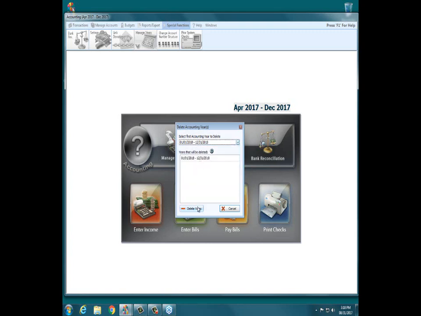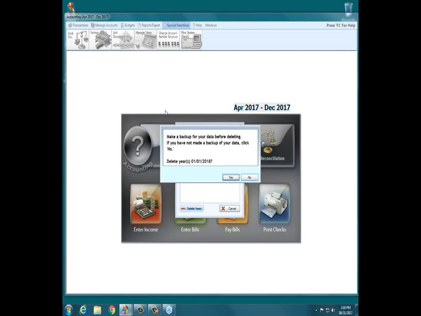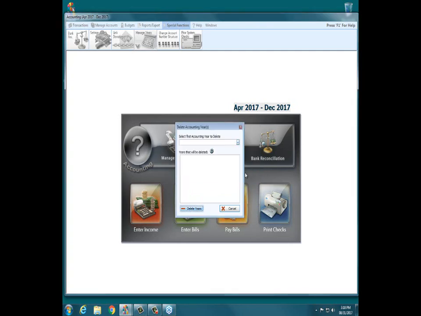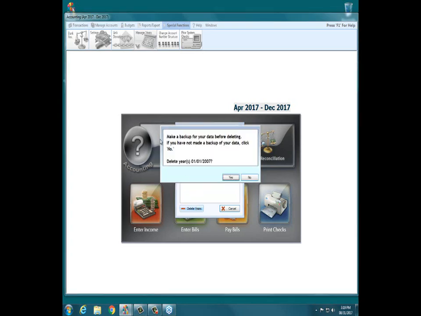So we choose 18, click delete years. It'll say make a backup of data before deleting, click OK, and click yes. So say delete 18, click yes. Deleting the accounting year, it's gone. Just by way of demonstration, 2010 would have been 8 years ago, being in 2017, so 2009 and earlier makes logical sense. So then, I would say maybe choose 2007, click delete accounting year, make a backup, click delete, yes, years, yes,